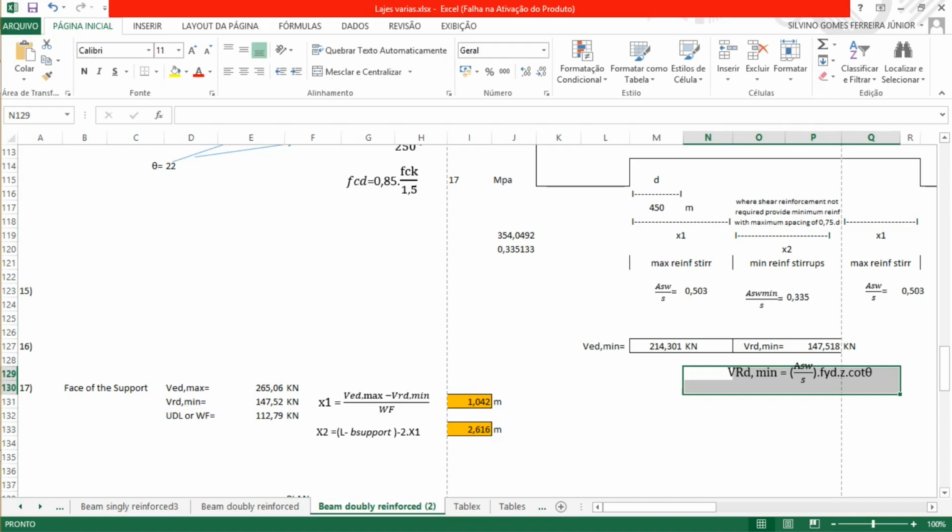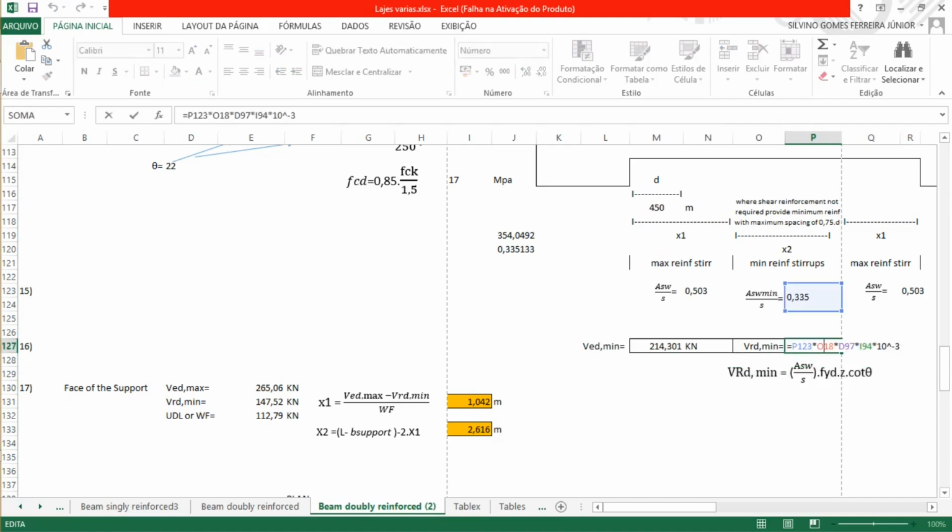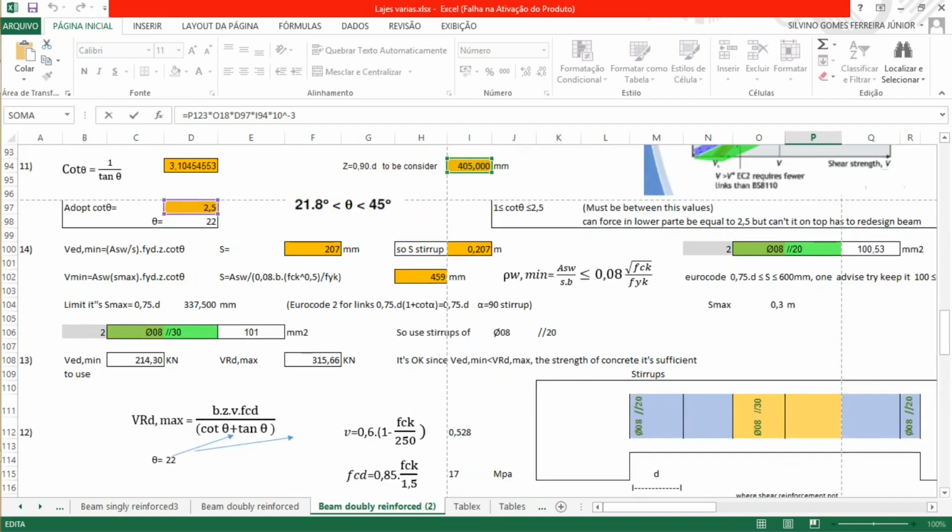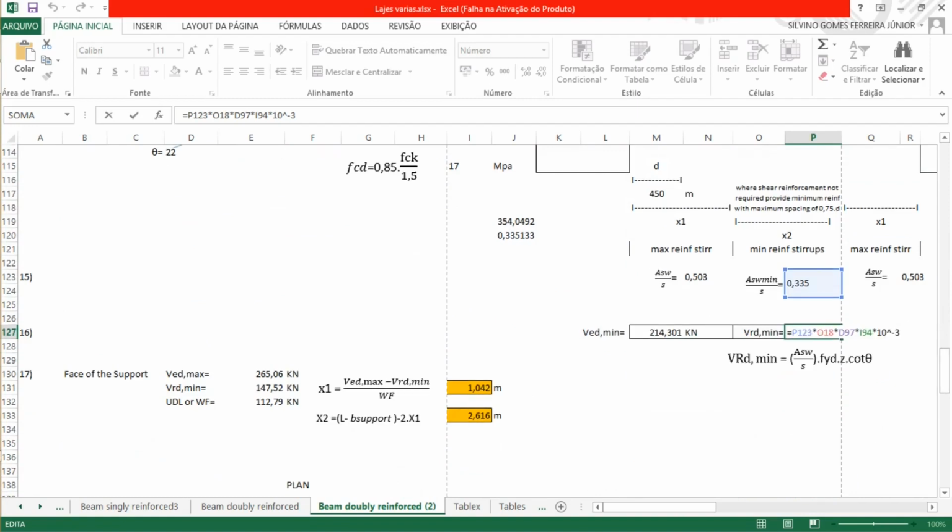Replacing all, it's 0.335 multiplied by FYD, that is 500 over safety factor 1.15, multiplied by Z, that was 405 millimeters we calculated here, and multiplied by cot theta of 22 degrees, that is 2.5, gives us 147